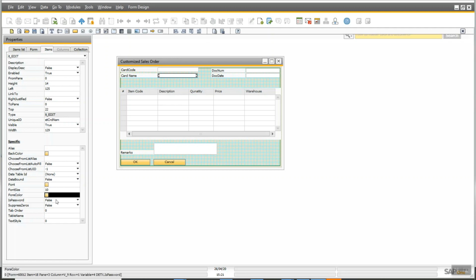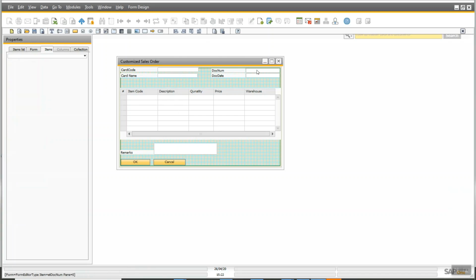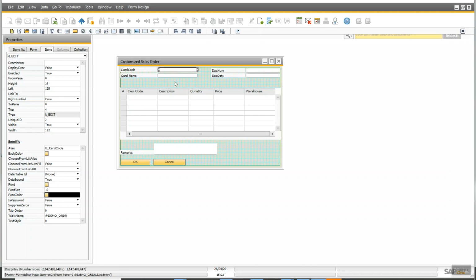Similarly for card name, we'll copy and paste. This is the system field.